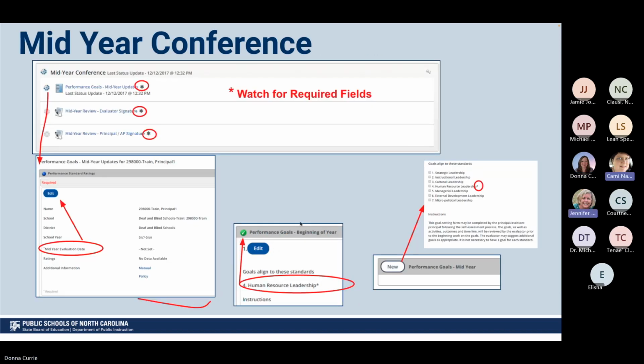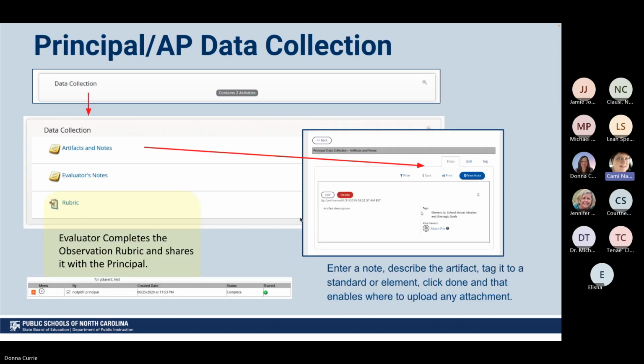One clarification: when you're entering those notes, if we can go back a slide, you must put in your text and then click Save or Done. I forget what the word is, and then the attached file will show up. Yes, I see, click Done. Thank you, Candy. You're welcome.